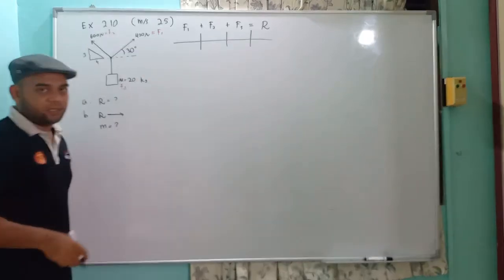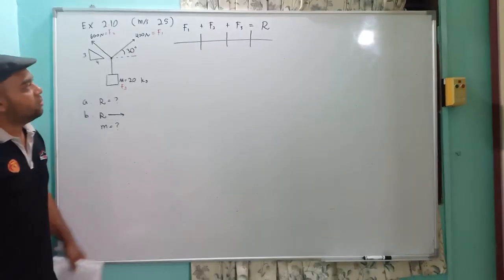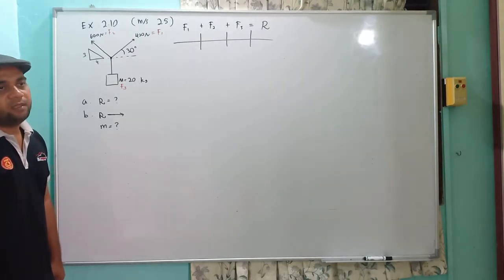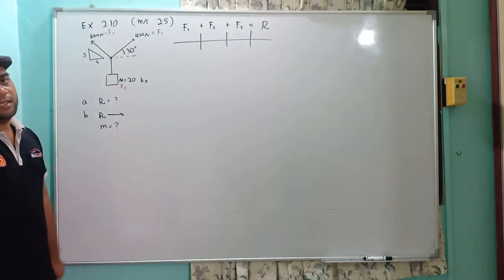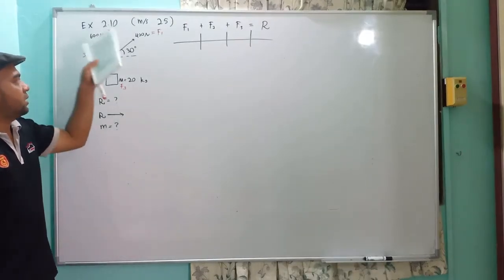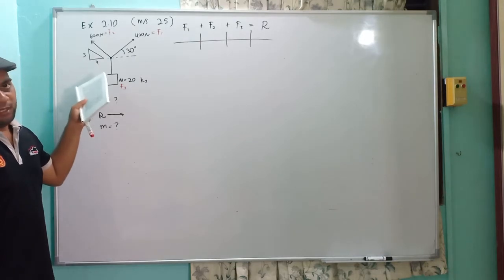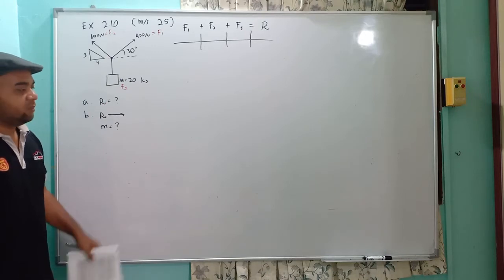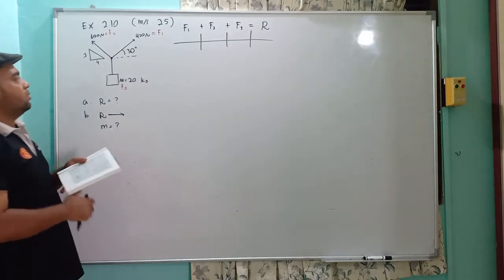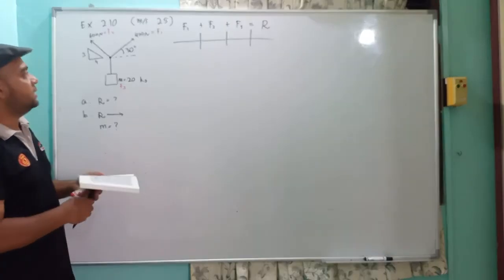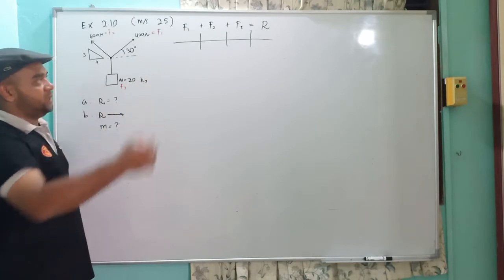Okay, you can use any method. We have three methods. Now I will show you the rectangular component method. Normally, for most situations, the rectangular component method is suitable to be used. Once we see there are more than two forces, it is suitable to use rectangular components. It is much easier to use this one. So now I have to put F1, F2 and F3 in terms of magnitude and also direction. We have F1 plus F2 plus F3 equal to R.